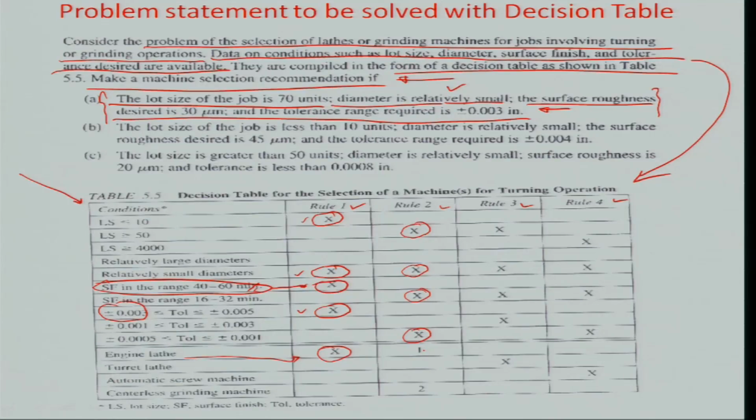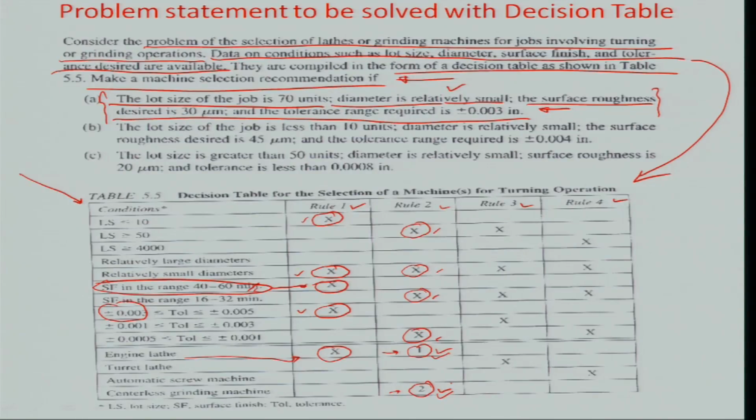One is probably the coarse machining operation, which is being done on an engine lathe, followed by a centerless grinding machine which gives the surface finish. So 1 followed by 2 basically means that in the operation, the engine lathe comes first and the centerless grinding machine comes second. Okay, so rule 2 says that if so and so conditions are placed, then automatically there is an engine lathe followed by the centerless grinding process, which is defined for obtaining such a conditional